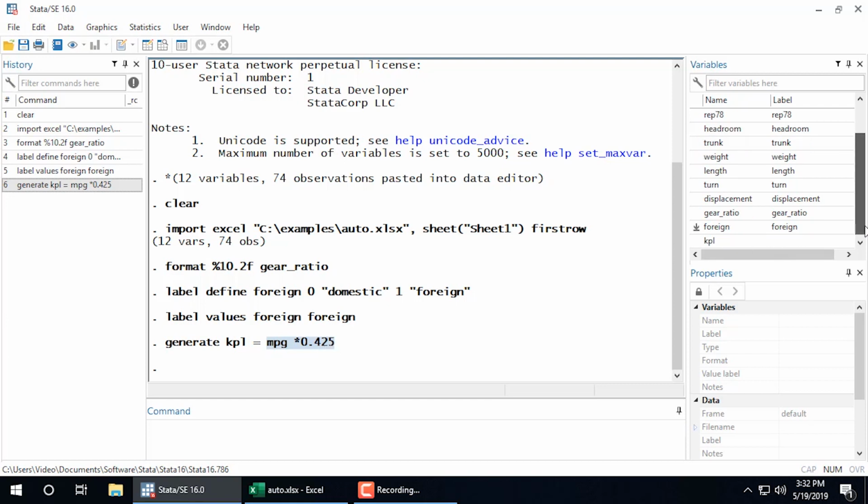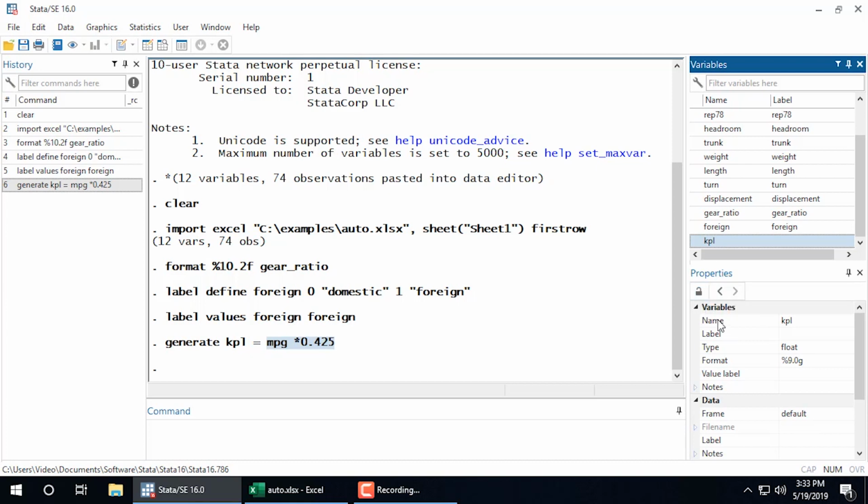Now if I look over here in the variables window, I see the variable KPL, but it might not be obvious what KPL stands for. So what I'd like to do is actually label that variable. So I'm going to select KPL, and here at the bottom, I still have the properties window. Notice I clicked this little lock button. It looks like a little lock. Here it's locked because the lock is closed. When I unlock it, you can see it looks like a padlock that's been unlocked.